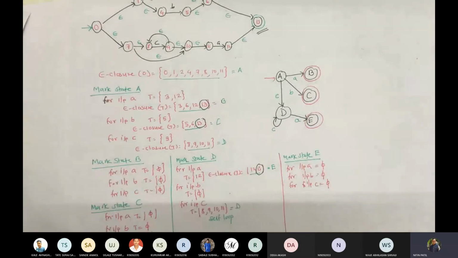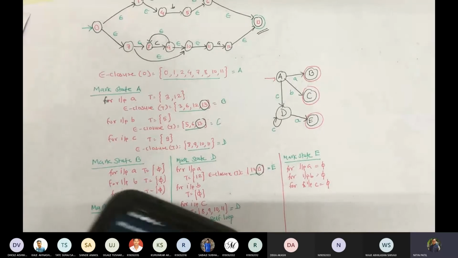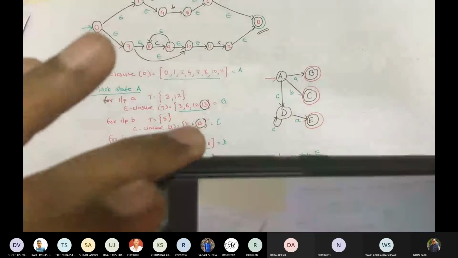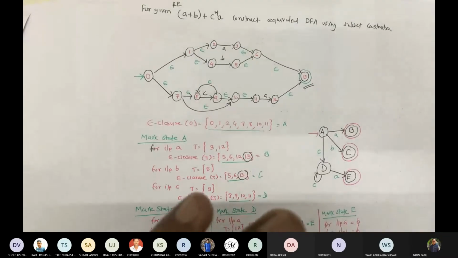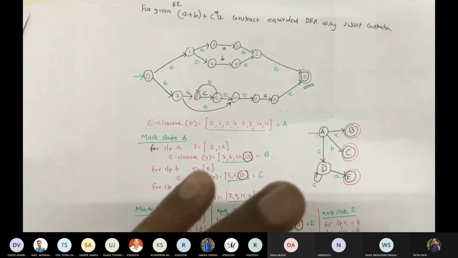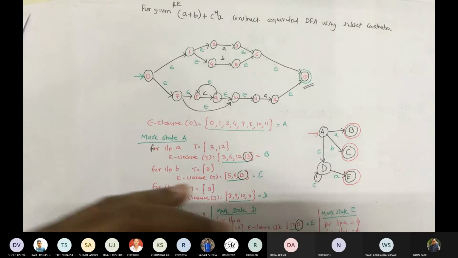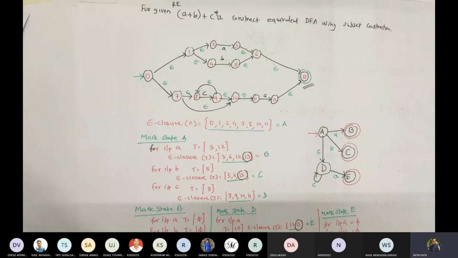I will post it on the group so that you can check if it is not visible to you. Check it and see whether I have got it correctly.